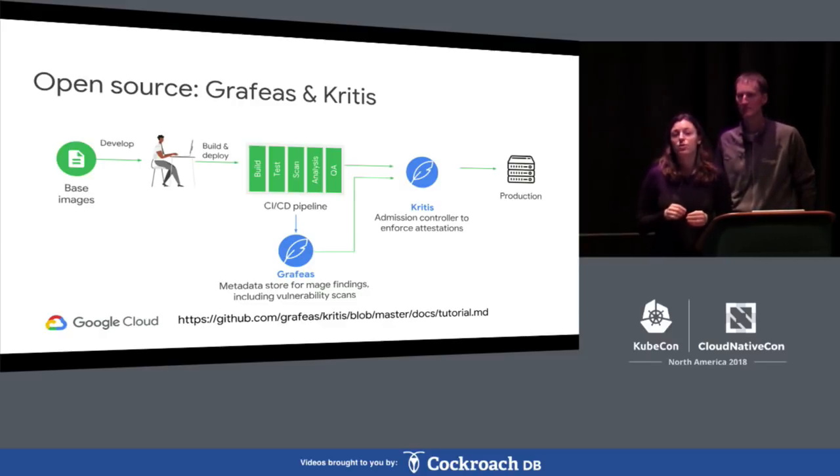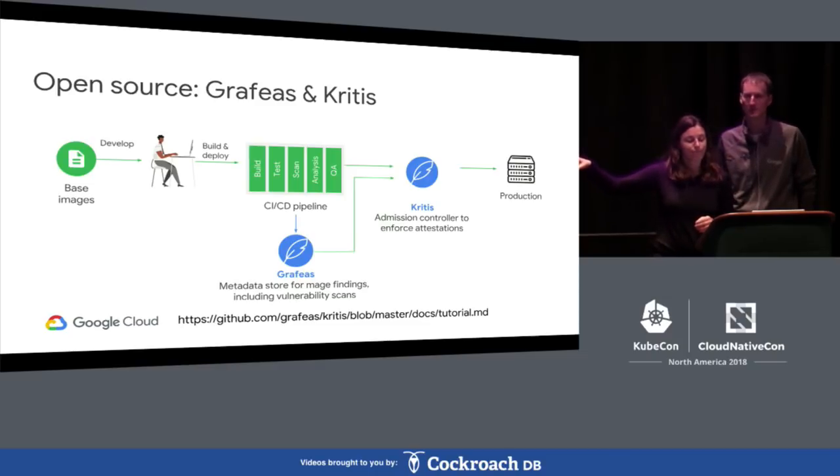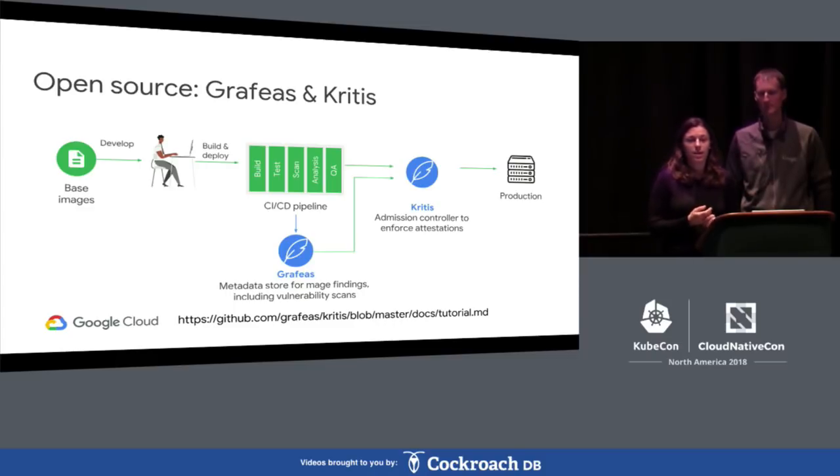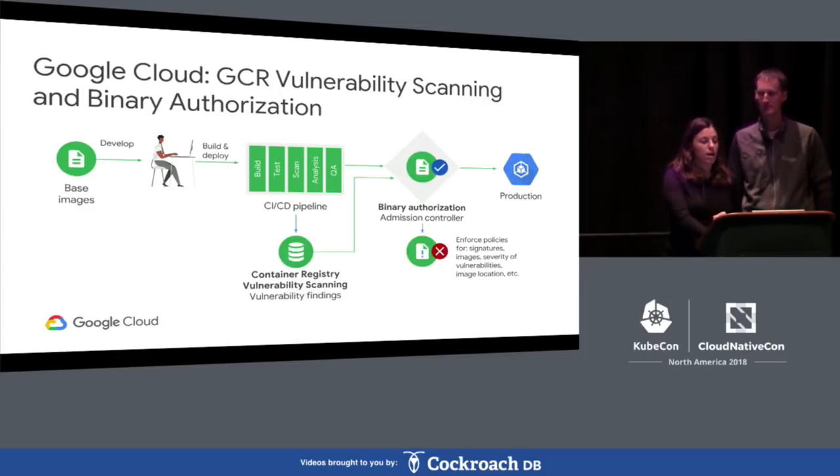There's a reference implementation of this exact flow online if you check out the link at the bottom of the page. Note that there are a lot of other open source projects in the space that can help, like Portieris, Notary, and in-toto. You can check out another talk from KubeCon China, the state of your supply chain, to get more info. And then if you're running on Google Cloud, for Grafeas and Kritis, we have hosted solutions with